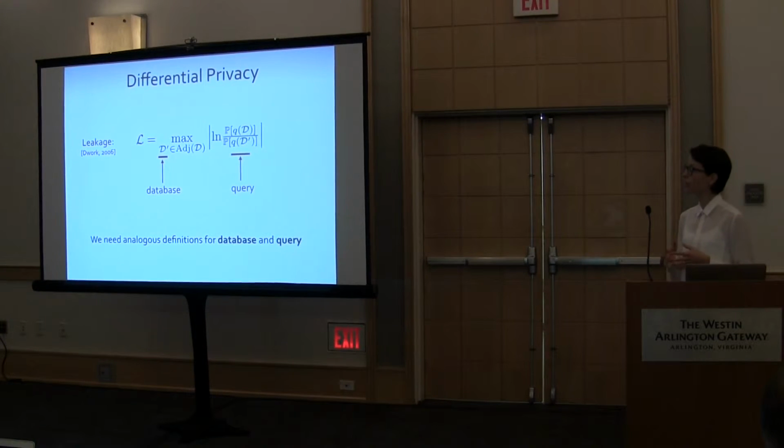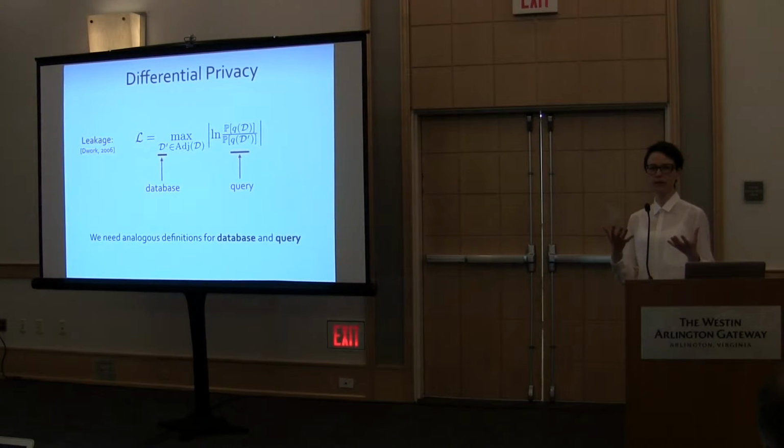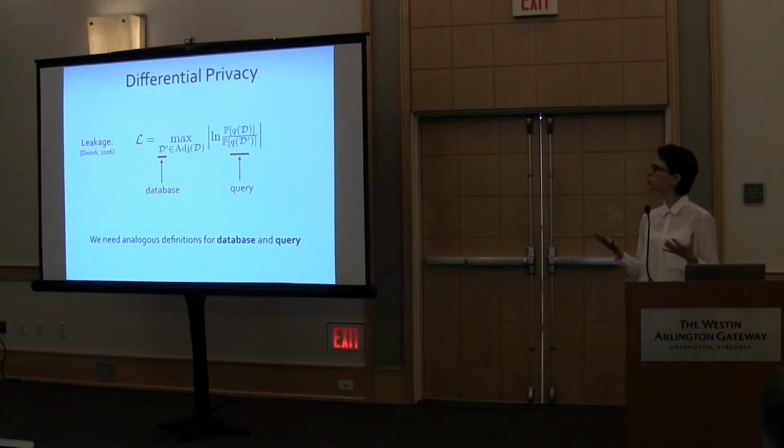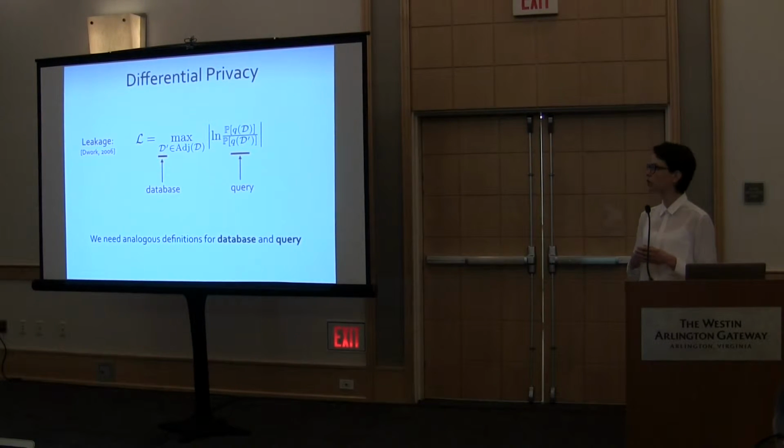And what they defined in their paper was this concept of leakage, which essentially depends on 2 main components. So on the one hand side, we have a database, and the database defines the notion of adjacency. So if I change one element in my database, then that gives me an adjacent database. And the other important element in this formula is that of the query, which essentially is a measurement that is performed on this database and that releases information to the public. And what the logarithm in this formula tells me is essentially by how much these 2 distributions deviate. So for very large deviations, this value is actually going to tend to infinity.